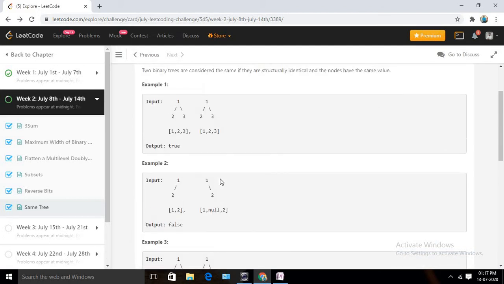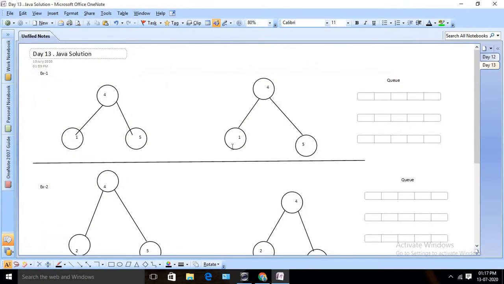Today I am going to solve it using Java, and let me discuss the approach first, then I am going to write my code. So basically we are going to use an iterative solution, or a BFS kind of solution, you can say. At first I am going to take one empty queue. You know queue, right? A queue works like first in first out. Whatever I insert will come out first.